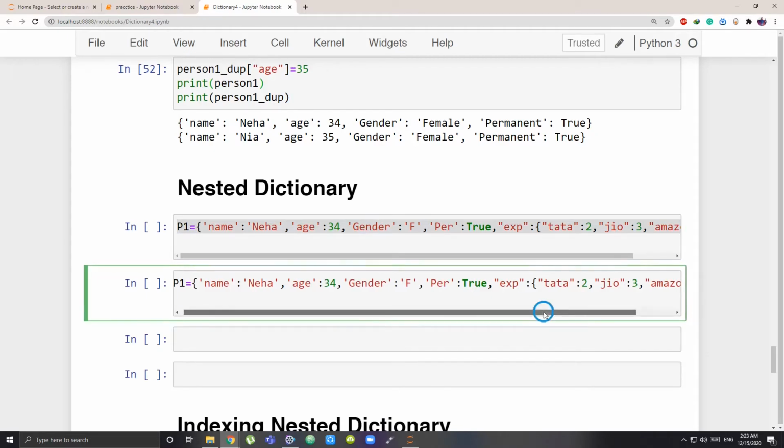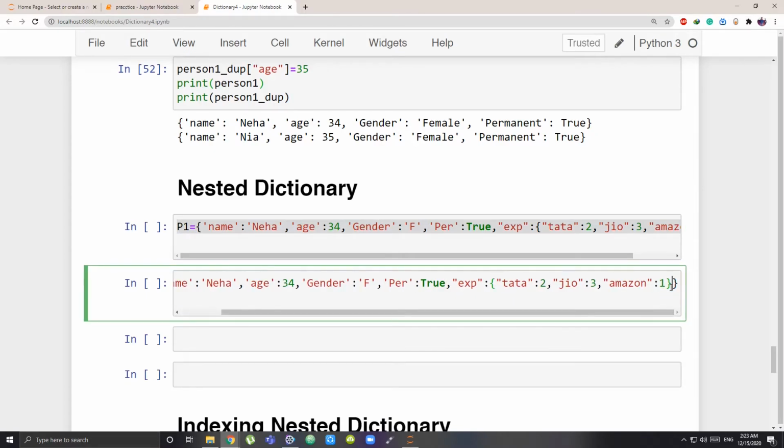Like I could have certificates that person is having. So I could have the certificate key, and for the values I have a colon, and that's a dictionary. What I'm storing in the dictionary is all the certificates that person is having: a certificate for SAS, a certificate for maybe Python itself, and a certificate for, let's say, R programming.